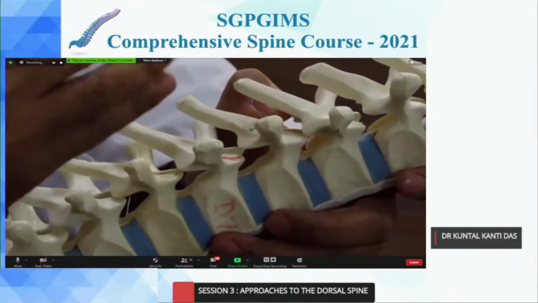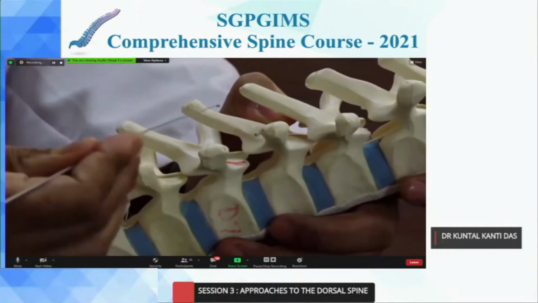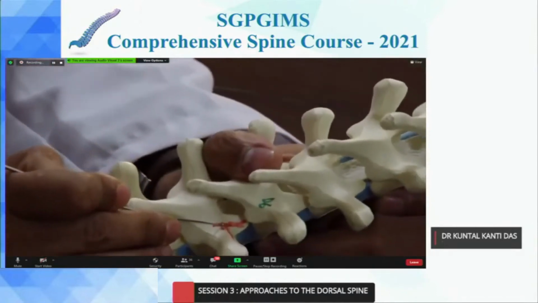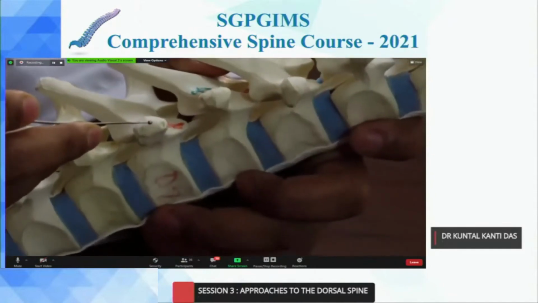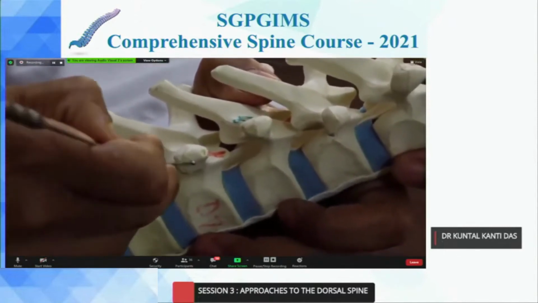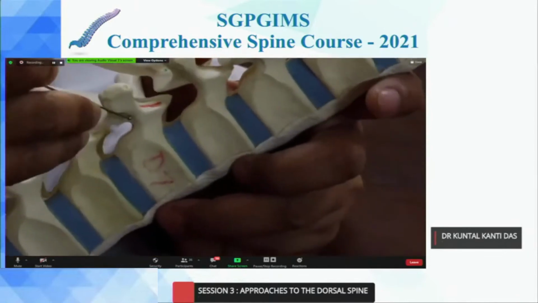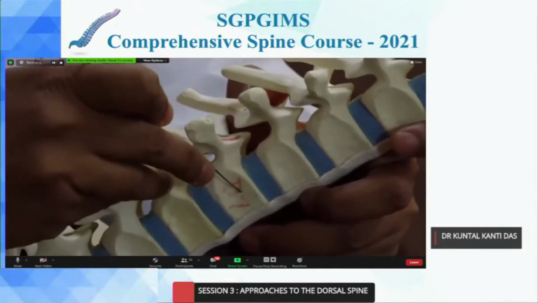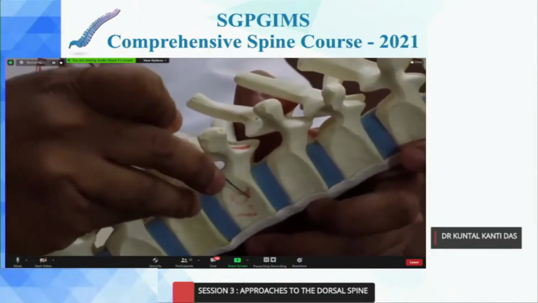Now sometimes it is difficult to place a pedicular screw. In that situation you use another technique called the in-out-in technique, or the parapedicular technique, or the extrapedicular technique. What you do here is, rather than choosing one of these points that I have already mentioned, you go for the top of the transverse process, or sometimes the gap between the transverse process and the rib, which is out here. You follow the plane in between, and you go and hit on the side or on the base of the pedicle. Thereafter entry is inside the body. So here you are bypassing the pedicle and you are going right into the vertebral body.